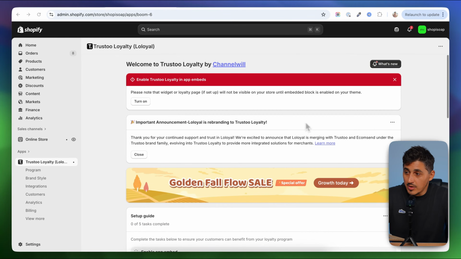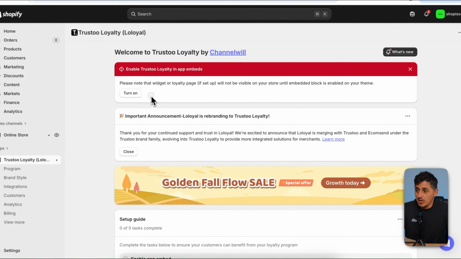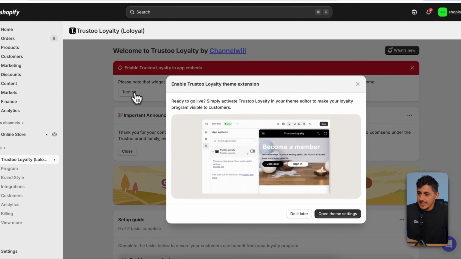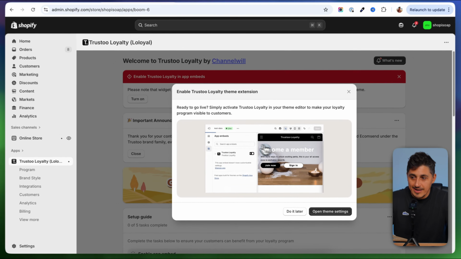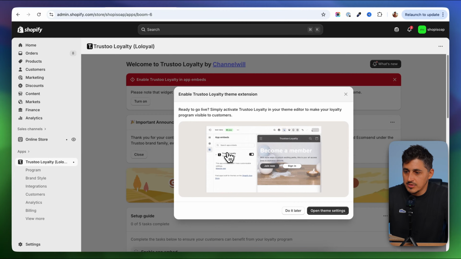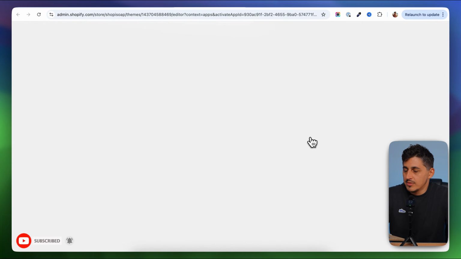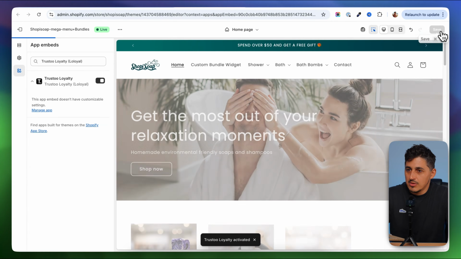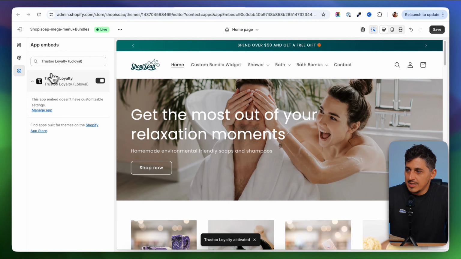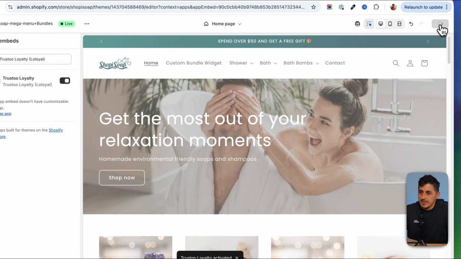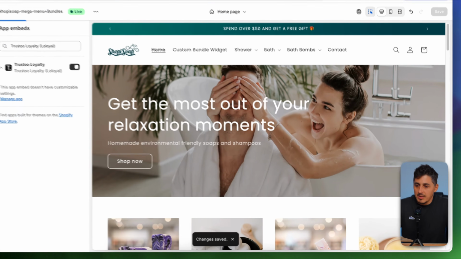And the first thing I'm going to do is to enable the Trustoo Loyalty app. I'm going to click on turn on over here, which will send me to the customizer. You're going to have a guide over here telling you what you have to do. You actually just have to click on this button, and then when sent to the customizer, all you have to do here is to just click on save, because you're going to have the Trustoo Loyalty plugin turned on over here. You just have to go ahead and save,